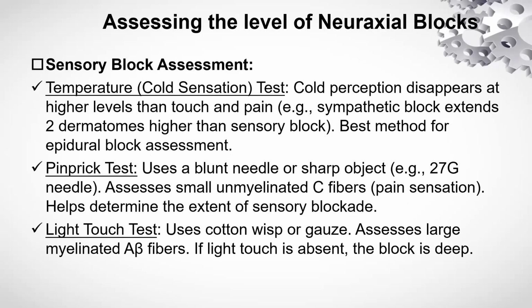Okay, so how do we assess for the level of block? We can do 3 different assessments. The first one is the sensory block assessment using the cold sensation test. All right, remember that it disappears at a higher level than touch and pain. So you can have cold sensation maybe at T10, all right, but pain maybe at T8. Okay, and we have the pinprick test, which uses a blunt needle or a sharp object, and this assesses small myelinated fibers. All right. Then we can have the light touch test, which uses cotton wool or gauze,